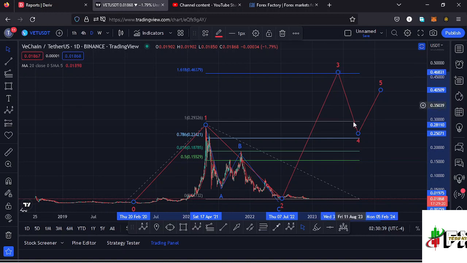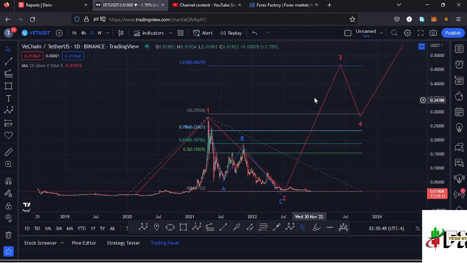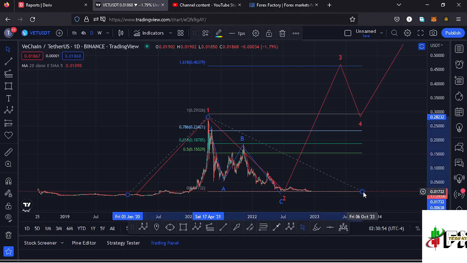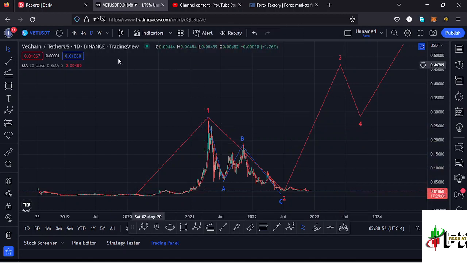$0.46379 mark, and that is the minimum that I would expect Vechain to do in the next bull market in the formation of that wave 3, and this will only happen in the next bull market, and in case Vechain is able to recover from the bear market. So let's be prepared for such a scenario here on the Vechain chart, and jumping to the 1 hour chart